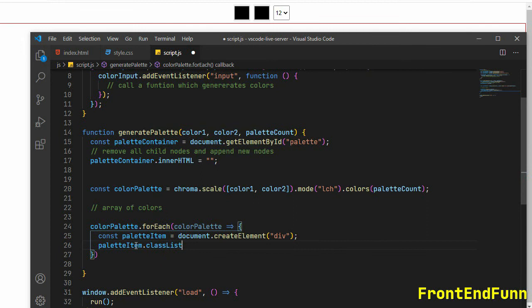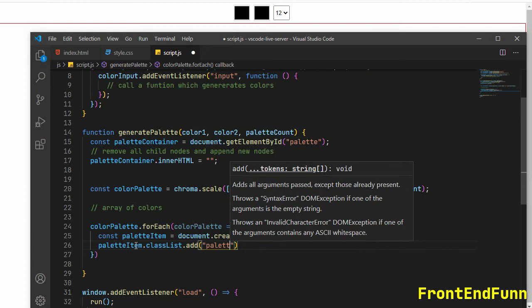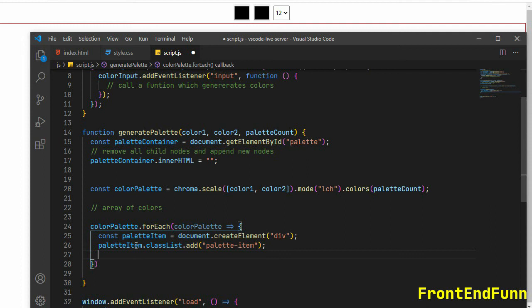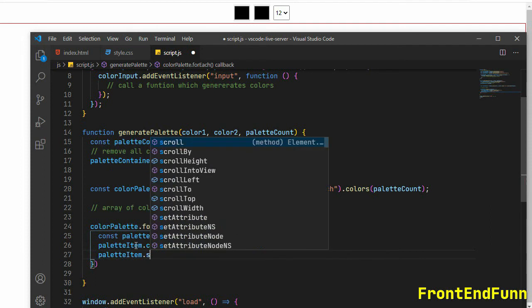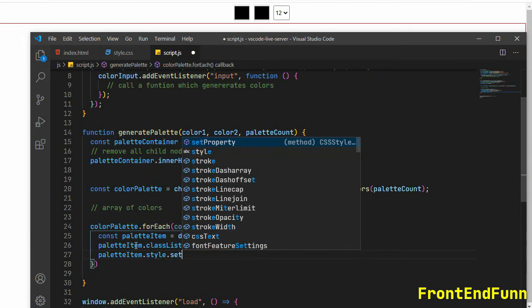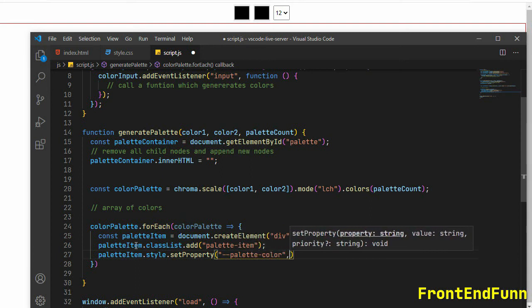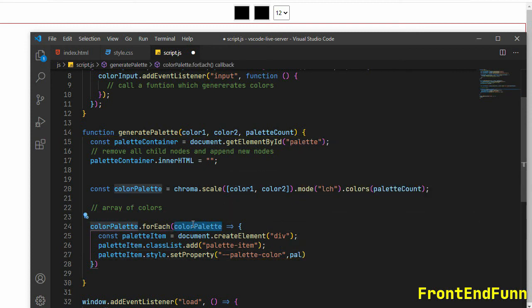For the classList I am going to add a class, that is palette-item. So palette-item is the class I am going to add for the div element, and paletteItem.style.setProperty. So I'm just setting a CSS var here, --palette-color, is the palette we receive from the function here.